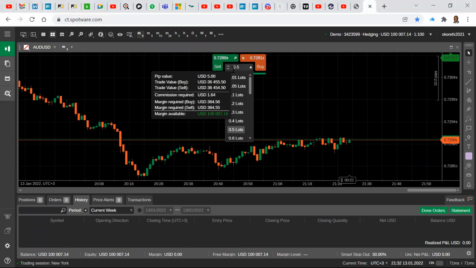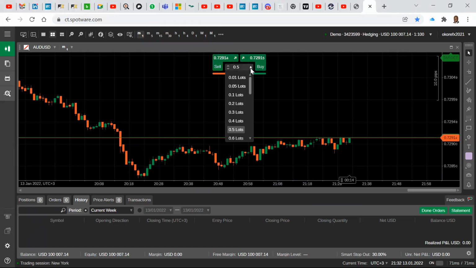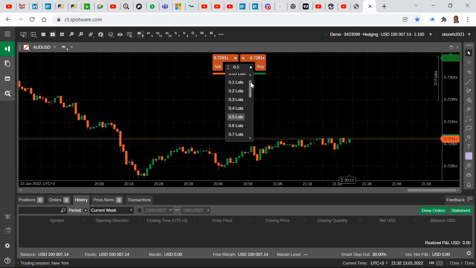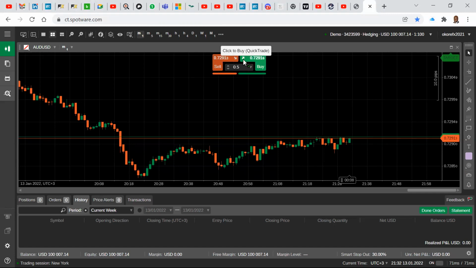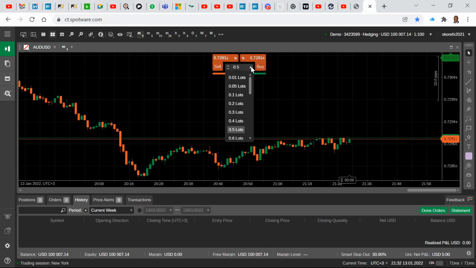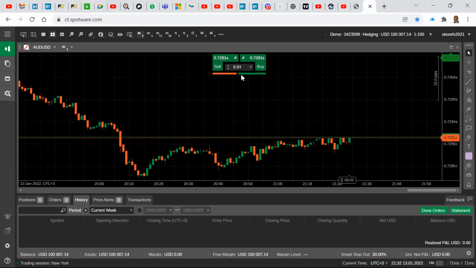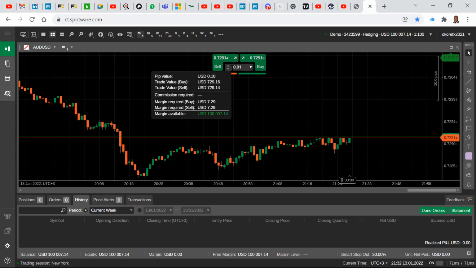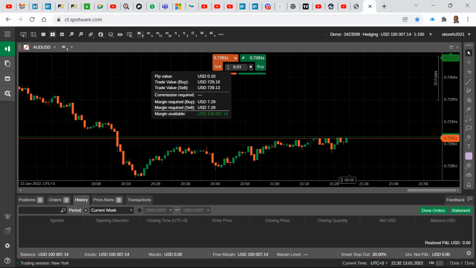If you put your cursor here, it is not the pip value, but the lot size. This is the position size you want to use. We want to use the smallest for now, not 0.5, but 0.01. Please, that's the first thing you do. Change this size to 0.01, okay?